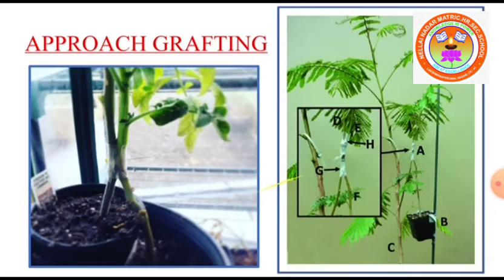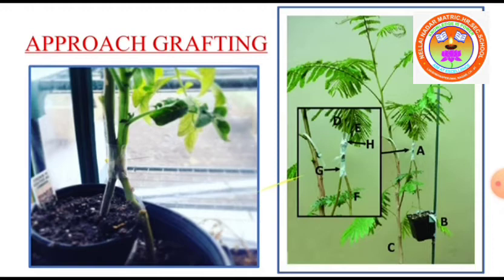The next is approach grafting. In approach grafting, you can see the slender as well as flexible stalk and CN combined. In this method, both the stalk and CN remain rooted. Remain rooted means both will be growing in soil. One may be in the pot, another may be in the soil. The stalk grown in the pot is brought very close to the CN.